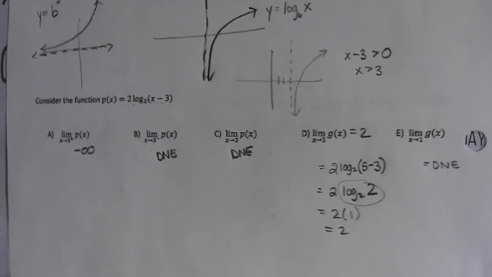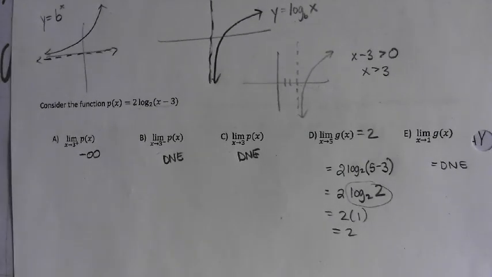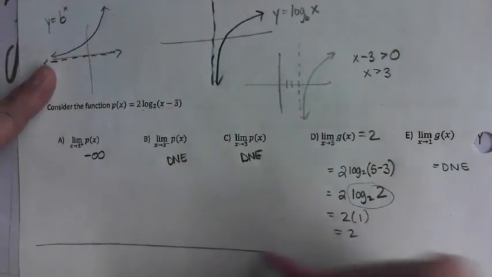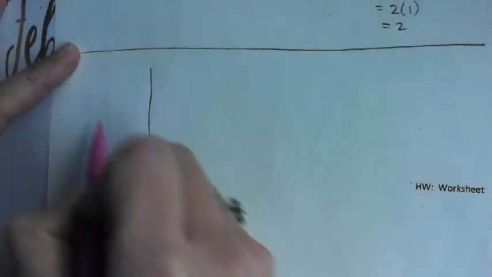Okay, so knowing your graphs, knowing the basics of the features surrounding different types of functions is hugely important, because you're not going to be able to just plug in a number without a calculator all the time. Okay? So understanding how graphs behave surrounding asymptotes, surrounding holes, understand where they exist and don't exist in general is hugely important. I am going to give you a worksheet and you don't have to write this down, but as long as we have another minute to talk about it, we're also going to